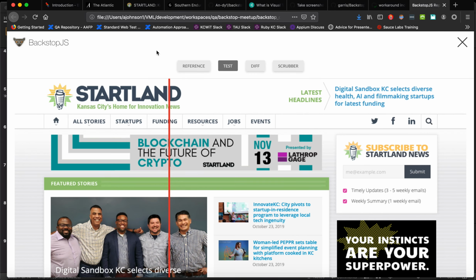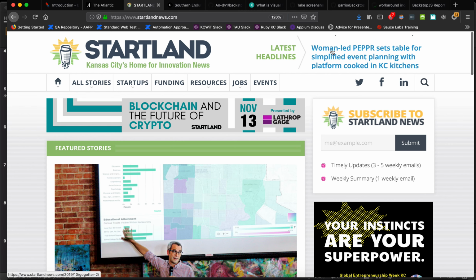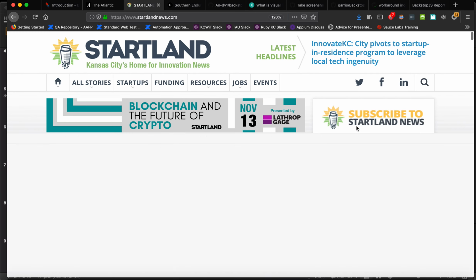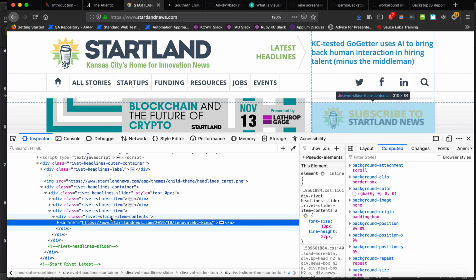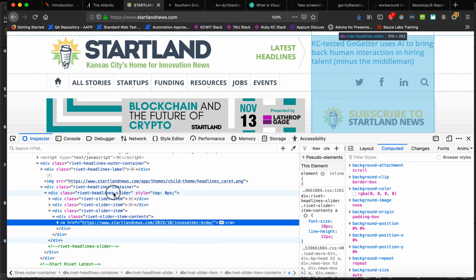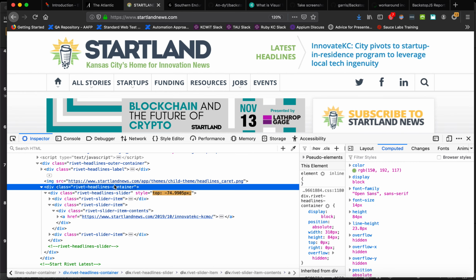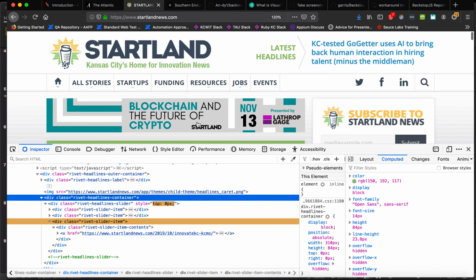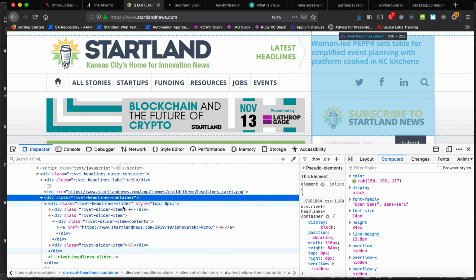Close this one. Another thing to do. Okay, so now that we've finessed that, let me go back to the page itself. Okay, so this is some dynamic content. It's changing, and I don't want BackstopJS to look at it. I'm like, you know, I know this is working how it's supposed to. I want BackstopJS to ignore it. So I'm going to come down here, and this kind of takes a little bit of knowing, just having like a little bit of an intuitive feel for how the DOM is working, because you can see there are, in our slider here, in our Rivet headline slider, we've got a bunch